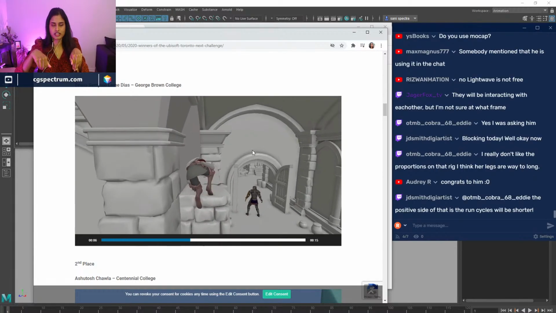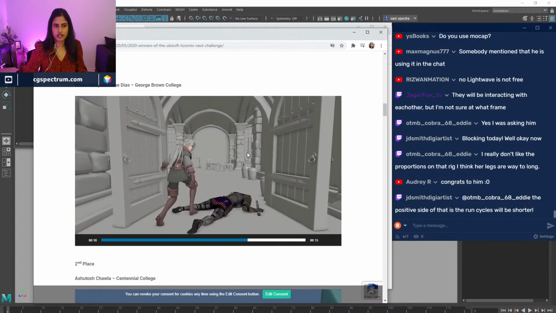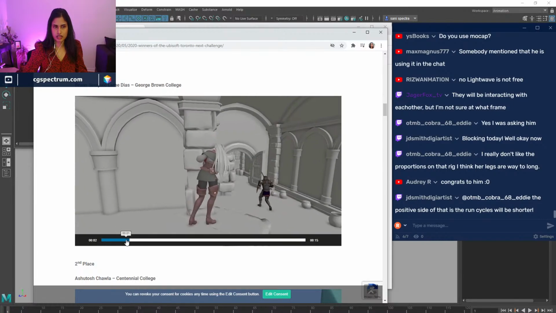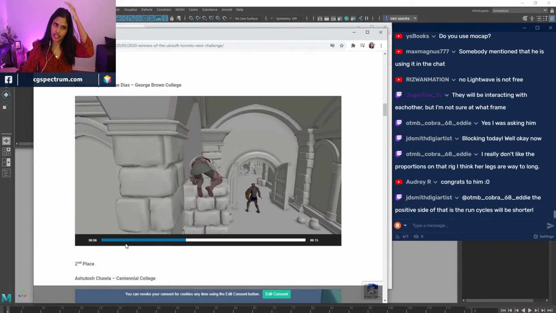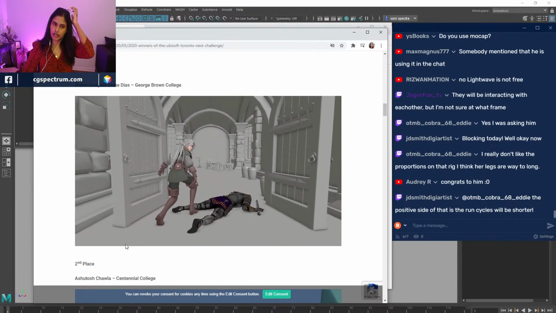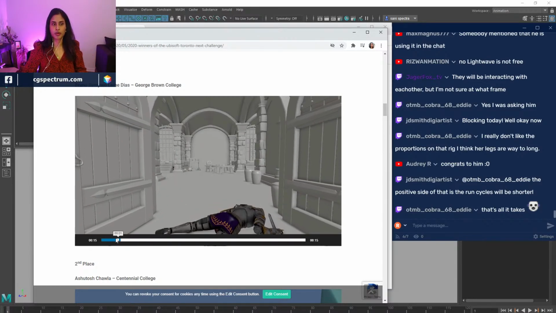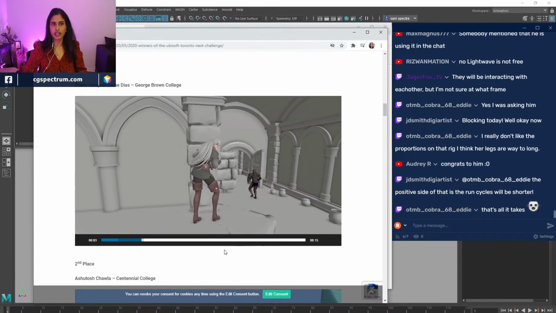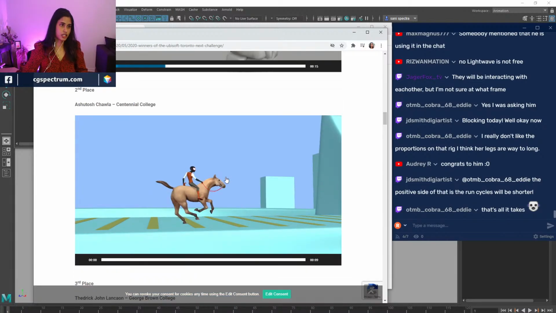Right now his legs are very bent, but again, he's an intern. He has great ideas, and we can teach him more stuff. The reason any interns would get picked is for their ideas. How are they thinking out of the box, and how are they actually planning out this whole shot? So now let's look at the second place.